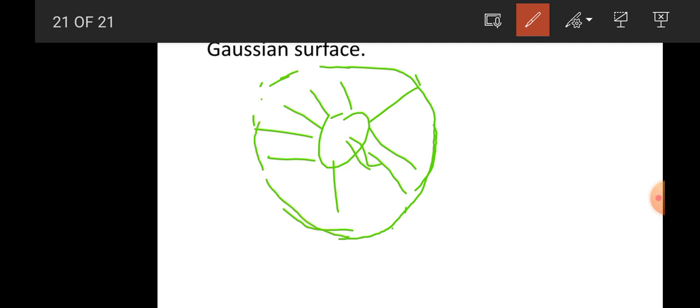This Gaussian surface is an imaginary surface. It is used to determine the field lines that are said to be electric flux. The use of Gaussian surface, which is an imaginary surface, enables simple calculation to determine the field strength at any